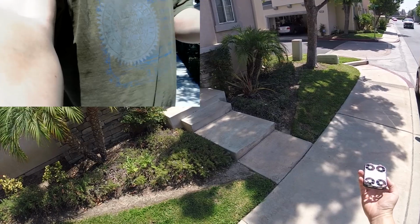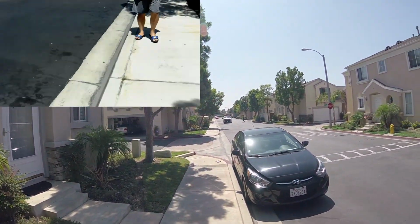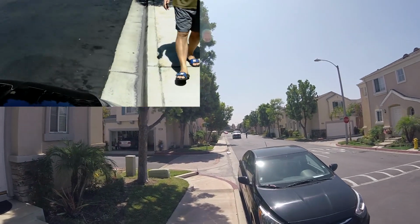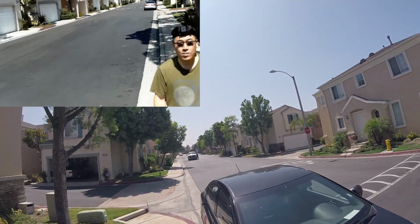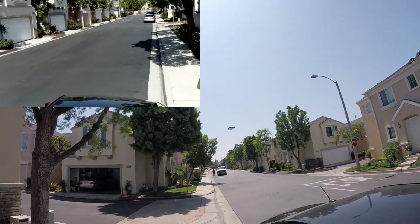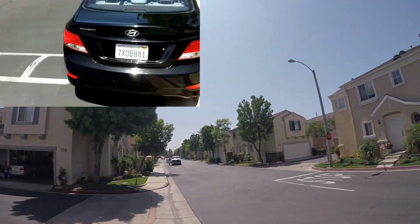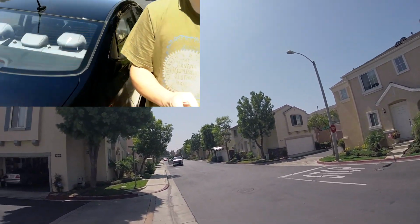So here I'm trying to fly it outside. There's a little bit of a breeze. It's not too bad, but you can see right away the very small amount of breeze just takes the AirSelfie away from me, and it's kind of hard to control. I'm trying to keep myself in frame here, but all I'm getting is the car, and then